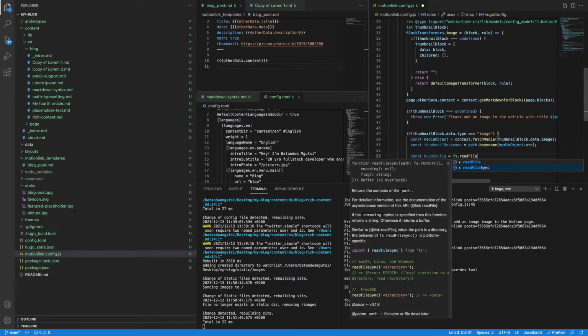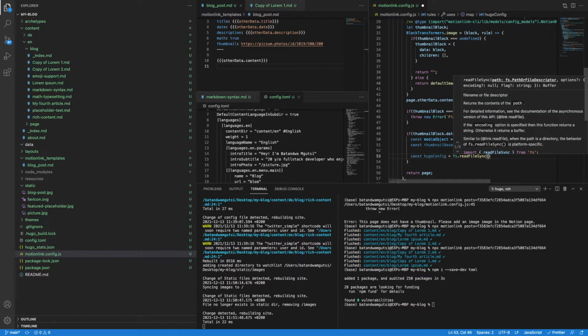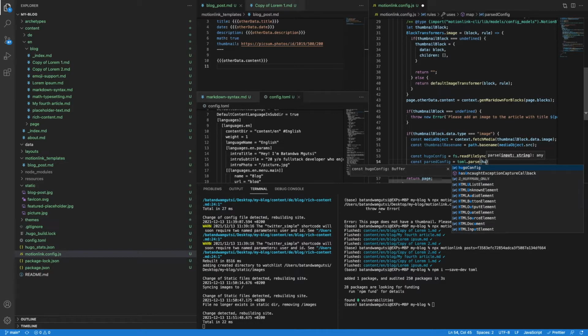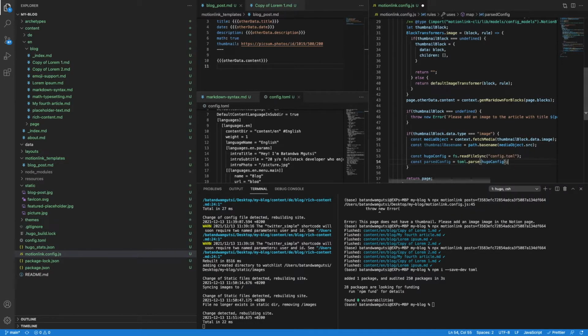So readFileSync, and the file you want to read, remember we're working in the root folder, is config.toml. And const parsed config. Now I'm gonna just parse the config file. To do that, just say toml.parse Hugo config,